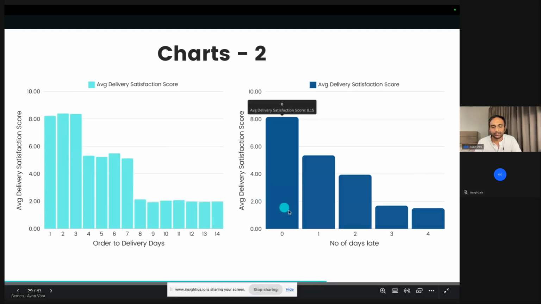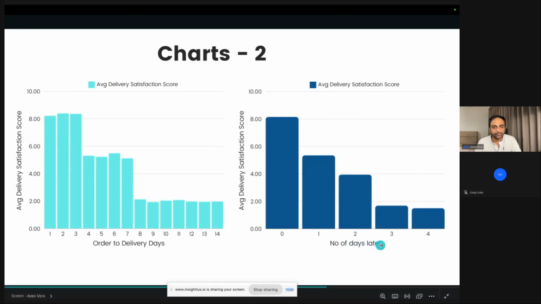Okay, what about this? Number of days late. How do you define late? When I say item came 2 days late, what does that mean? 2 days late compared to what? Yeah, took more than expected. Basically, delivered date minus promised date.